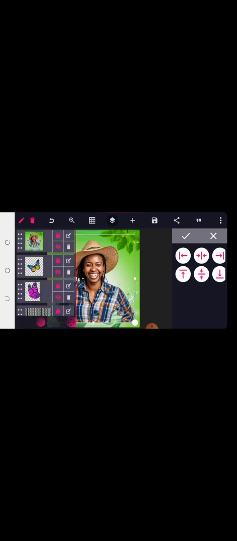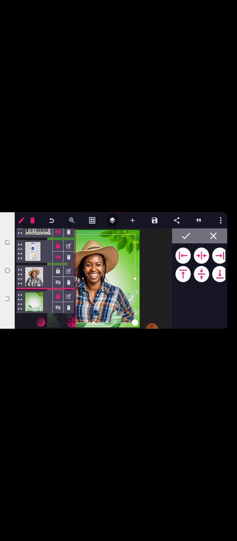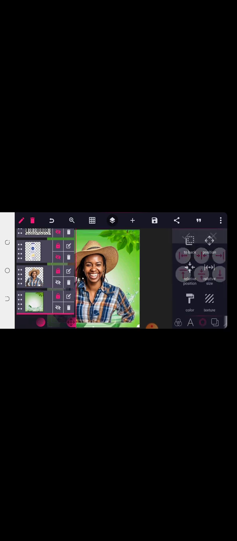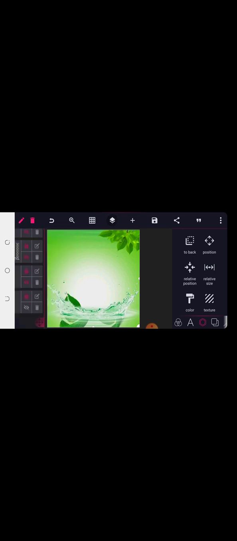Okay, let me lock the woman. I want to make a copy of the background. Okay, so now that I've made a copy of the background, I want to blend the woman. So just watch closely. So now that I've made a copy of the woman, I'm going to clean out some parts. Okay, so I'm going to clean out some parts. So here is what I'm going to do. I'm going to enable